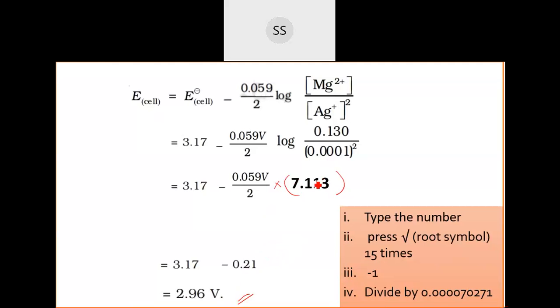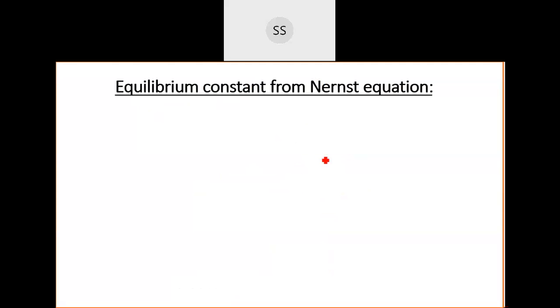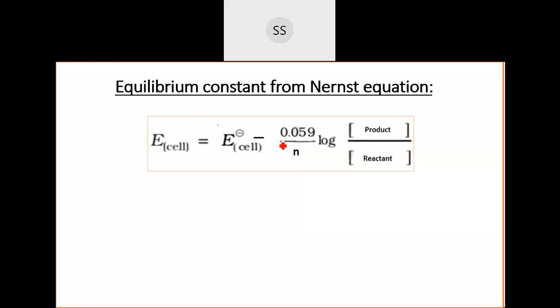So whenever you get log, you divide, follow these steps, get the answer, multiply and then subtract, and you will get the answer. Okay, now the next one, the second type. I have taken only one problem of each type so that you get to know how to work it out. Problems are of similar type, only the values will be different. That's it. So you should be thorough with the concept, not learn anything by heart.